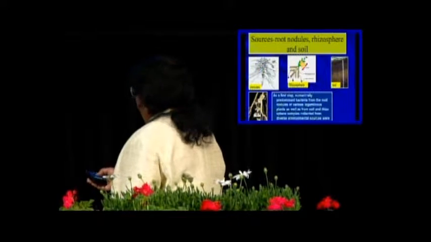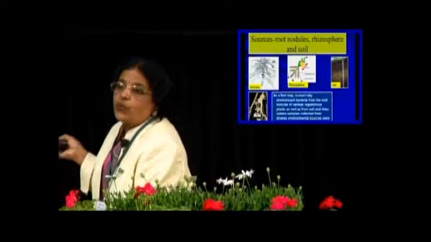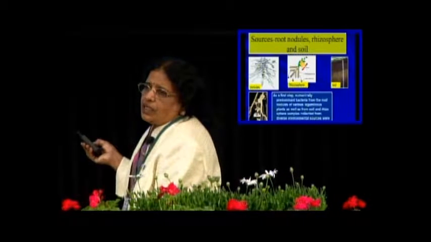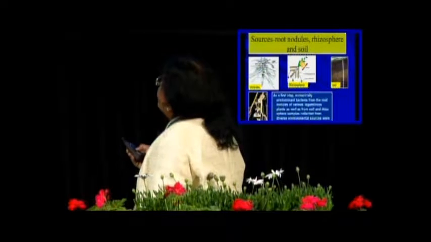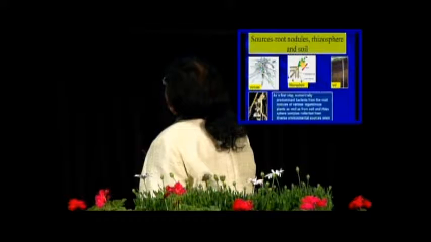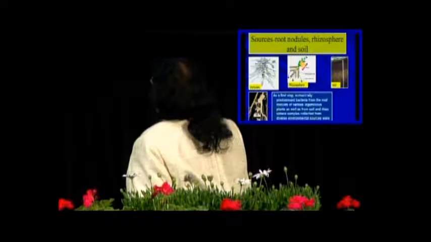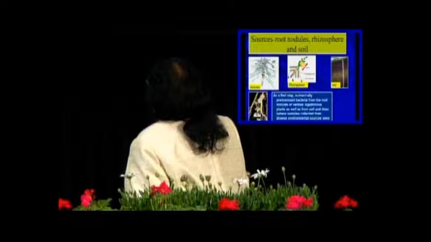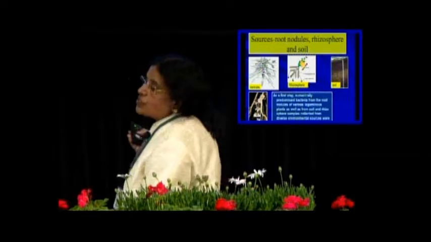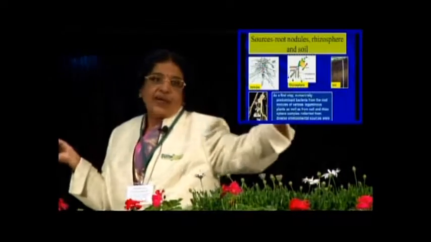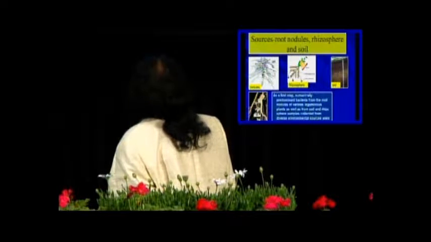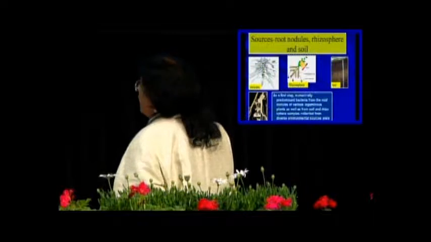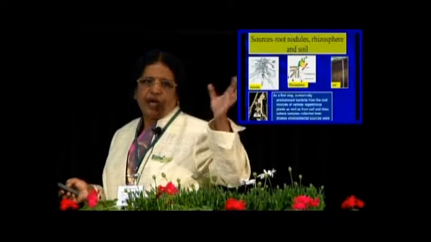I told you the sources. This is something very important. Root nodules of various legumes, forage legumes and grain legumes and then vegetable legumes. We took the root nodules and we isolated the bacteria. And I told you the rhizosphere, which is the gold, the precious zone of a plant. So the rhizosphere zone of cereals and vegetables and the legumes we collected from diverse soils, and also soils from different areas, temperate, tropical, subtropical, and we did a total isolation of about 2,000 microbes,